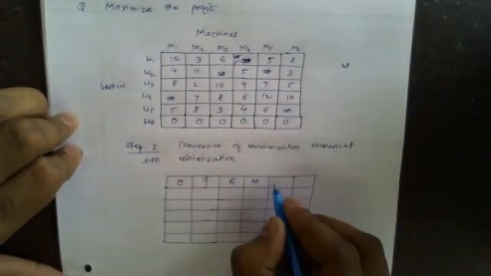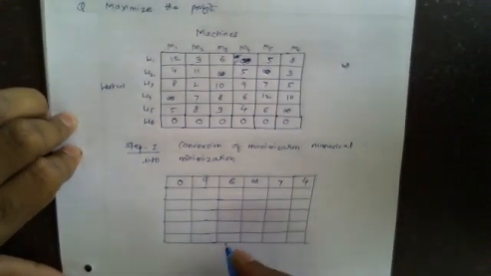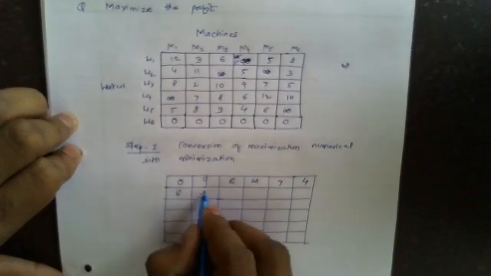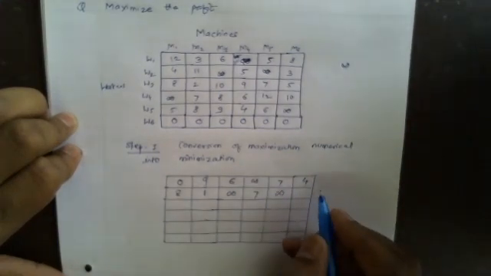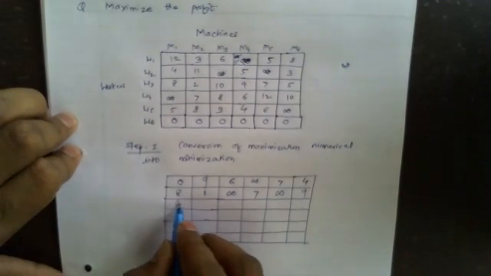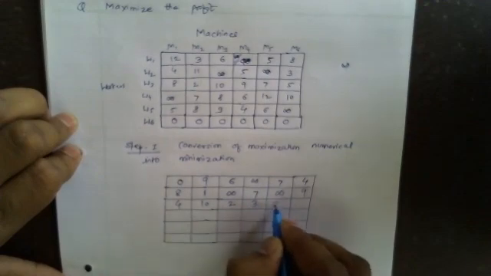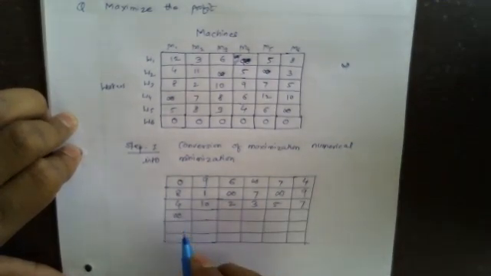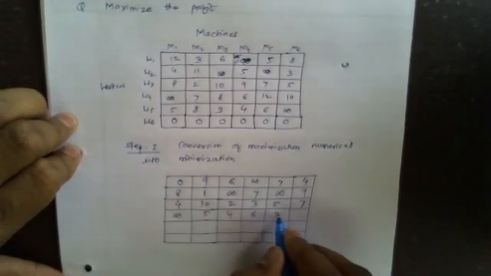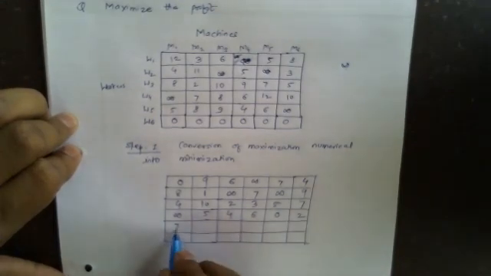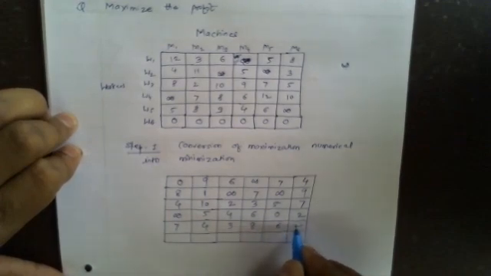Now 12 minus 5 will give 7. 12 minus 8 will be 4. Next, 12 minus 4, 8. 12 minus 11, 1. Infinity as it is. 12 minus 5, 7. This infinity will remain as it is. 12 minus 3, 9. 12 minus 8, 4. Again 10, 2, 3, 5, 7. This infinity remains as it is. 5, 4, 6, 0, 2, 7, 4, 3, 8, 6. Infinity remains as it is.